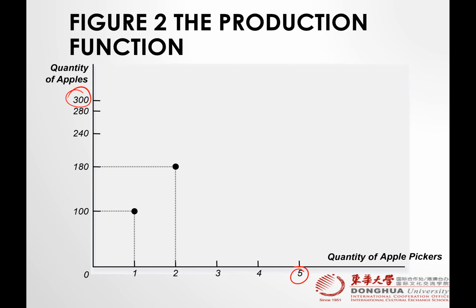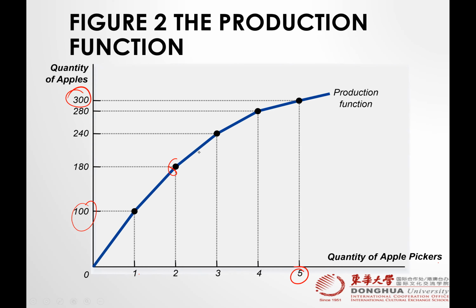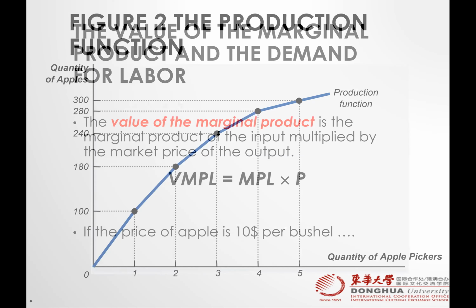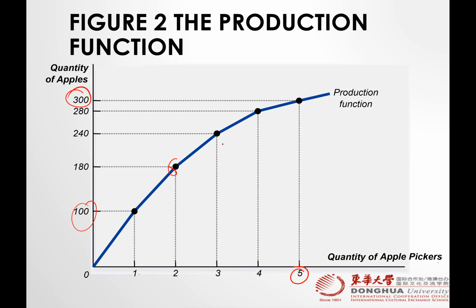So these are the output and this is the input quantity of apple pickers. So one worker picking 100, two workers combined 180. You see something, it's not a straight line, it is a curved line, right? It means the production function becomes flatter. From here you see it would be doing like this. Adding the 6th worker won't increase your total output. It means if you hire 6 workers, he would be contributing 0 apple bushels per week.